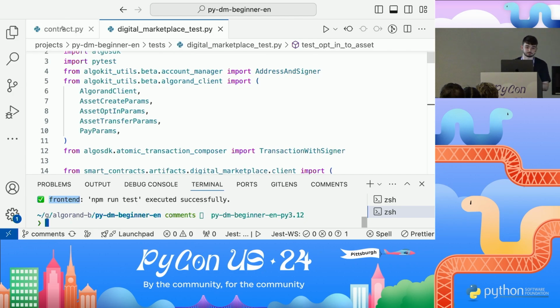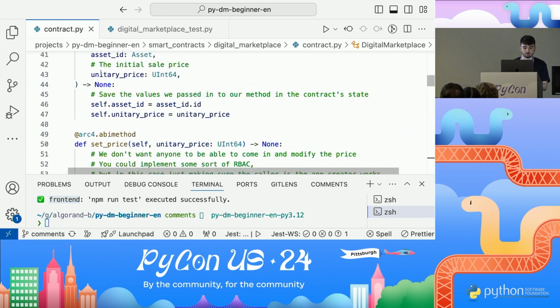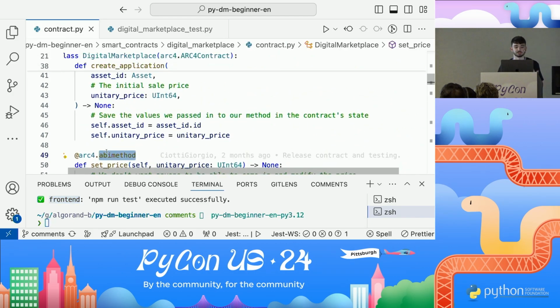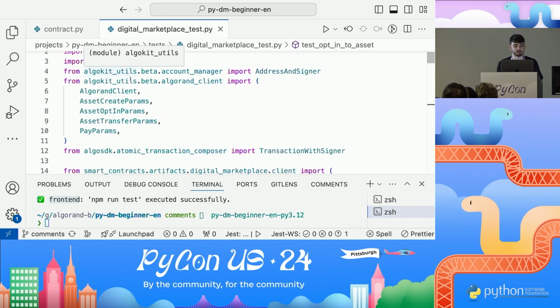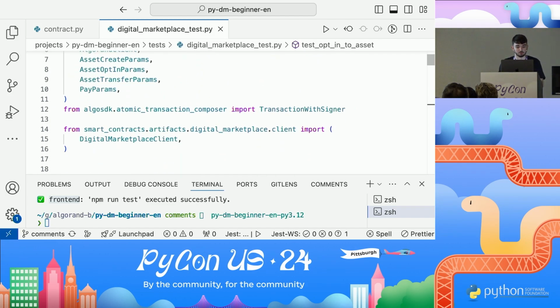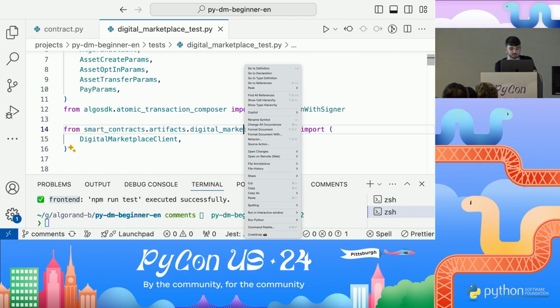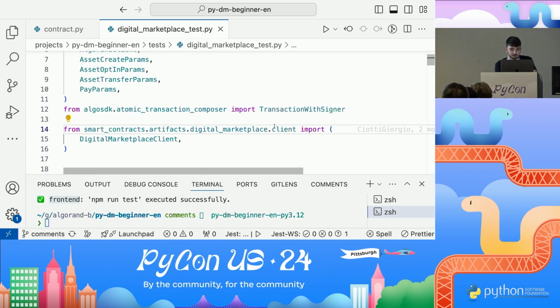So I'll come back to our contract. Every single method we defined uses this arc4 ABI method, right? This is a standardized way to define how we interact with contracts. And because we use a standardized way to interact with contracts, we can auto-generate the code that leverages those standards. So if we take a look here at our imports, one of the things we import is from this digital marketplace client. So if we go and take a look at that,